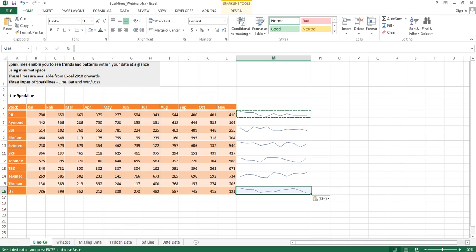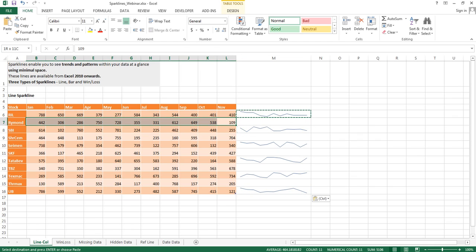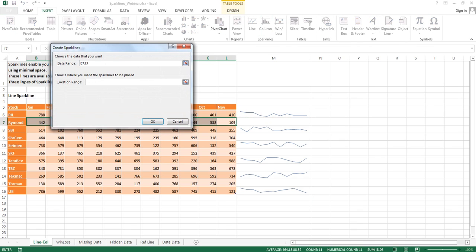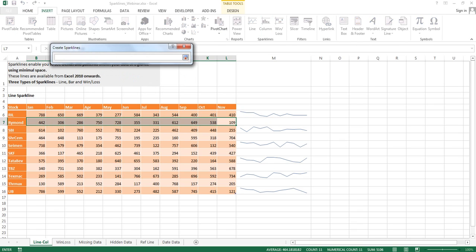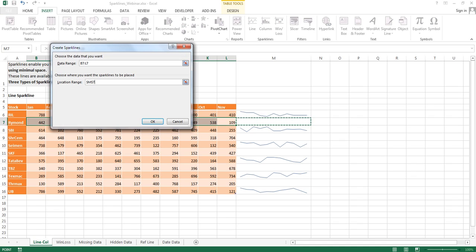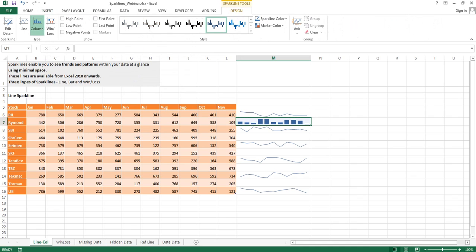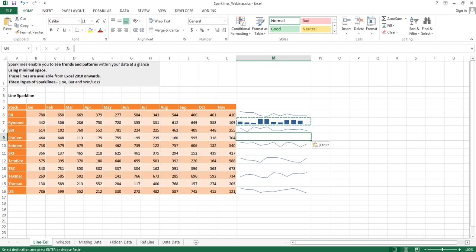Now once I've inserted a line, I can go to the second cell and over here select the data for this one, go back to insert, go to the column, select the range where I want to insert, click OK. So I've got my column chart. Again in similar fashion, I can copy paste it in between.